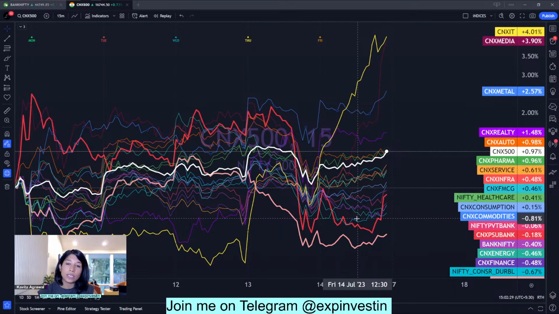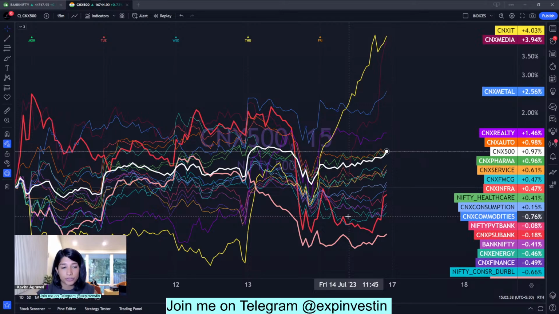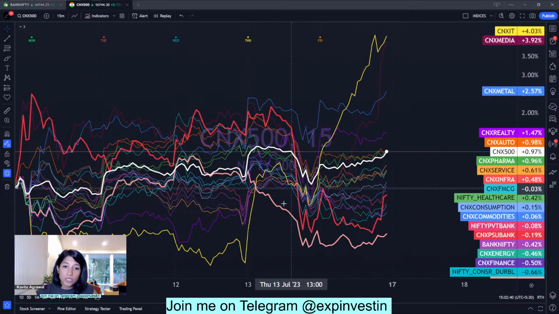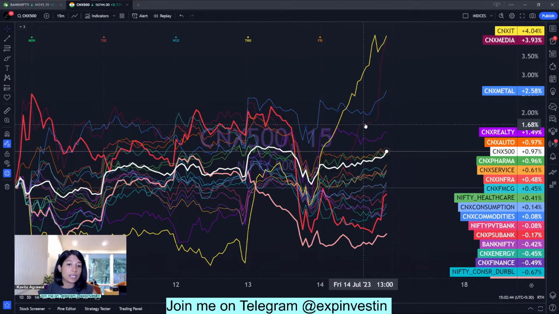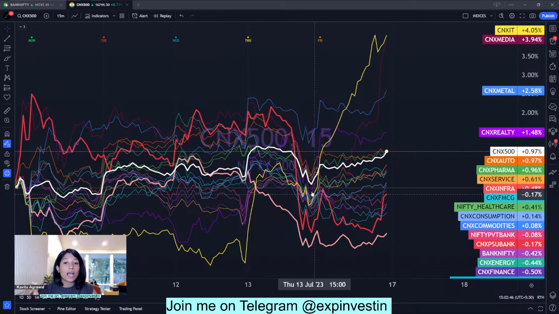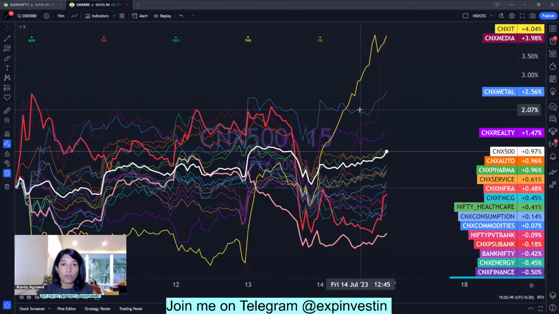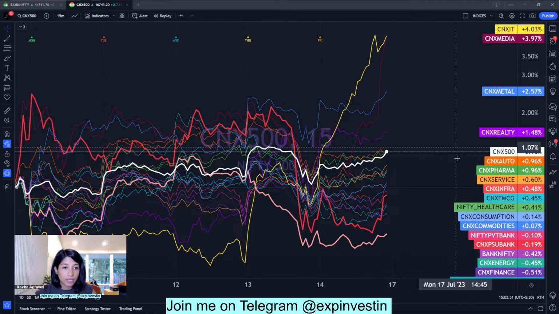So we've been churning our capital between banking stocks, metal stocks, auto stocks, realty stocks, and of course IT stocks and pharmaceutical stocks mostly. Now this week, just as we moved our allocations to the IT sector, we can see a massive rally coming in here. Last week, we've already gotten out of banks after booking massive profits there.